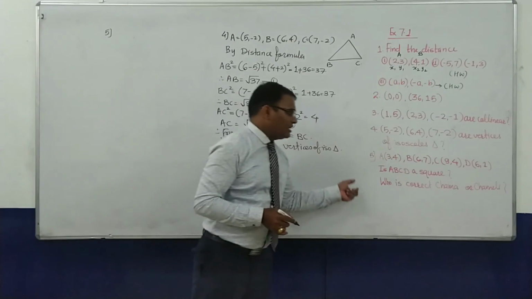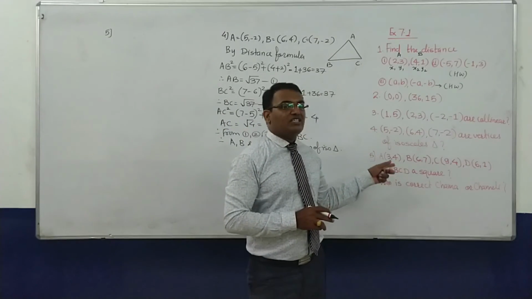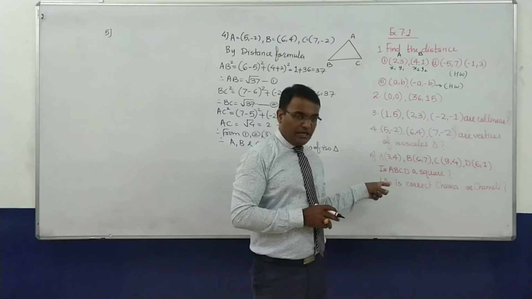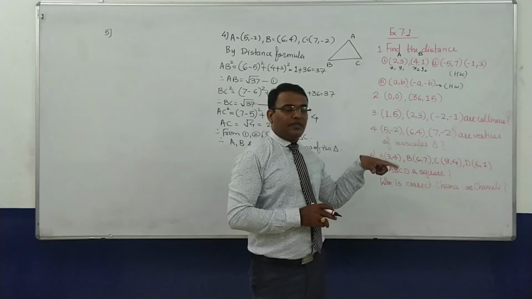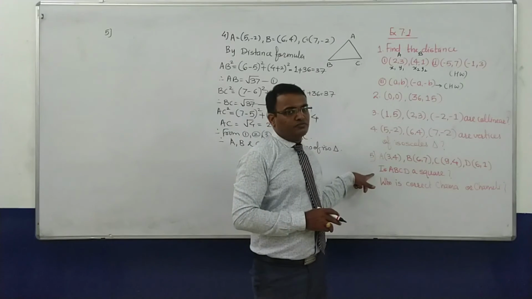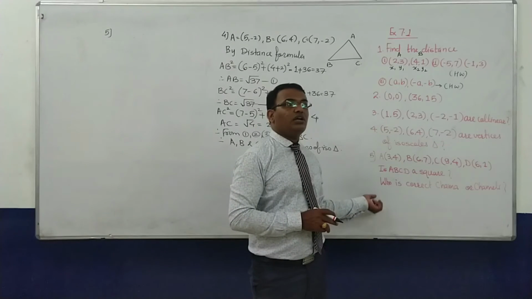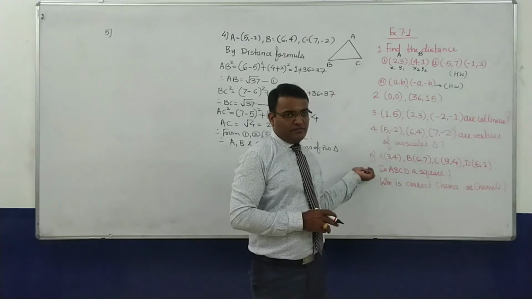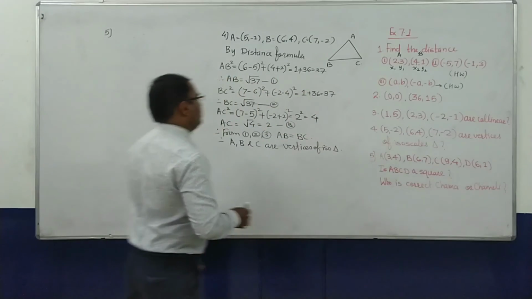Now let's go on to sum number 5. According to these two friends, Champa and Chameli, Champa came into the class and she saw that 4 students are sitting in a particular arrangement. So Champa said to Chameli that it is forming a square or not. But the other one, Chameli, disagreed. So here we have to find out who is correct. If Champa is correct, then it will be a square. If it is not a square, then Chameli will be correct. We have to find out that one only.